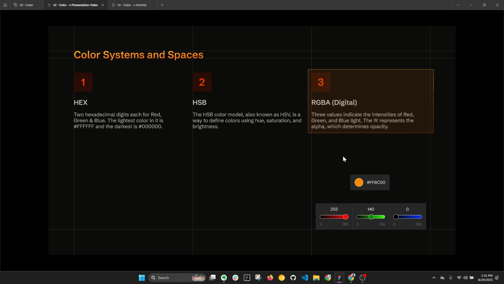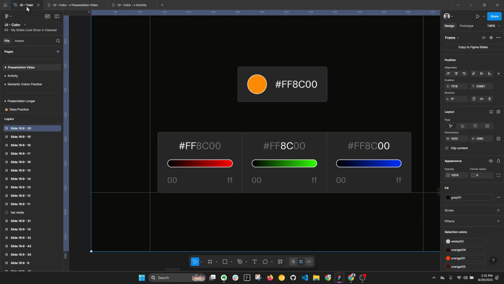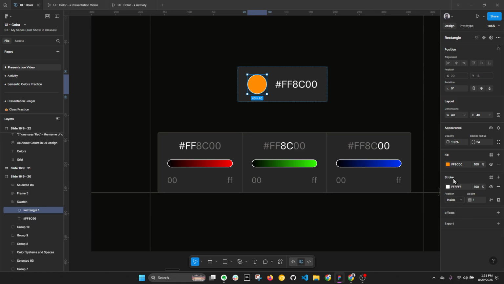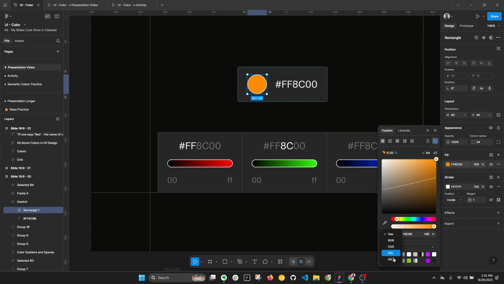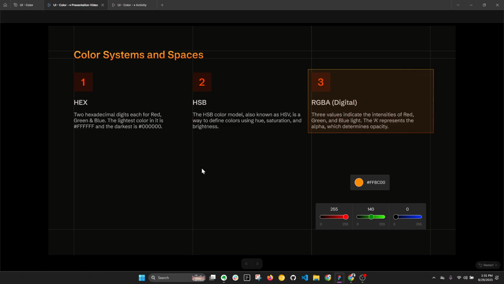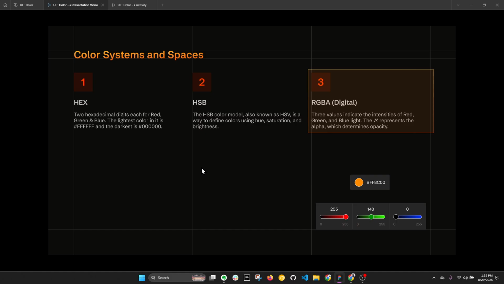It works with three values that represent the intensity of RGB, meaning red, green, and blue light, just like the RGB model. But there is one extra value, which is A, alpha, and it controls the opacity. So when we were working with these layers, you saw that there is a fourth value. If I switch to HSB mode or even RGB mode, there is this percentage fourth section. It's also here. So this controls the opacity. If it is set to 0, the color of course becomes completely transparent. And if it is set to 1 or 100%,